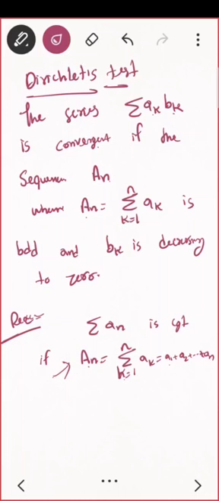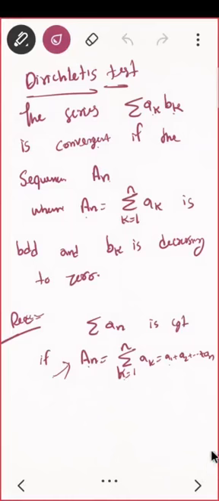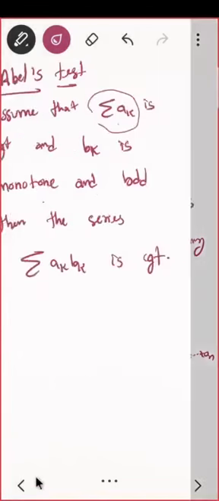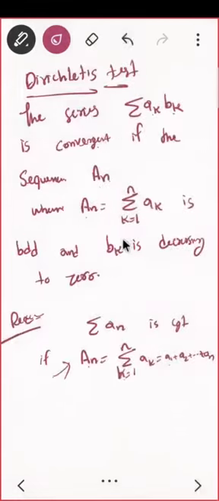So Dirichlet's test is quite the same as the previous one. Here also he was saying something similar. There it was that summation of ak is convergent; here we talk about the partial sums, which just need to be bounded. And for the next thing, there bk is monotone and bounded; here bk is decreasing to 0, that is bk converges to 0. Decreasing means monotone, and that it converges to 0 is already given. Correct?